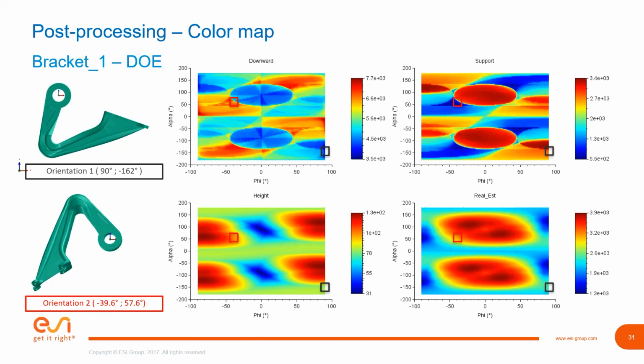So it's just some discrete values of the angles that he took, and looking at the downwards support, the height, the real